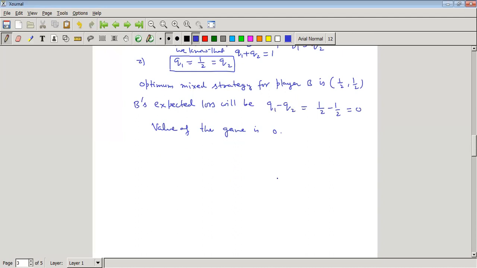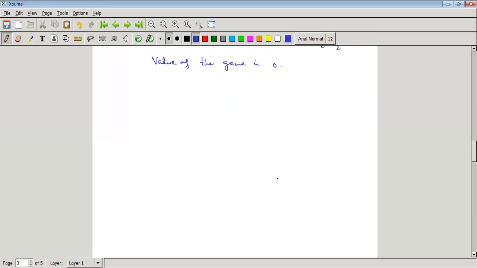So we will discuss one more example, but before this, we first discuss how we can find the saddle point. This is a game without saddle point, right? We will discuss how this game is without saddle point. If we have a matrix